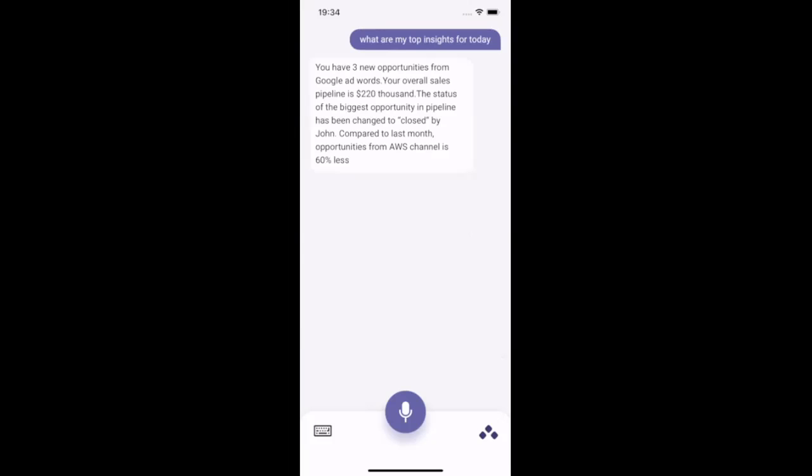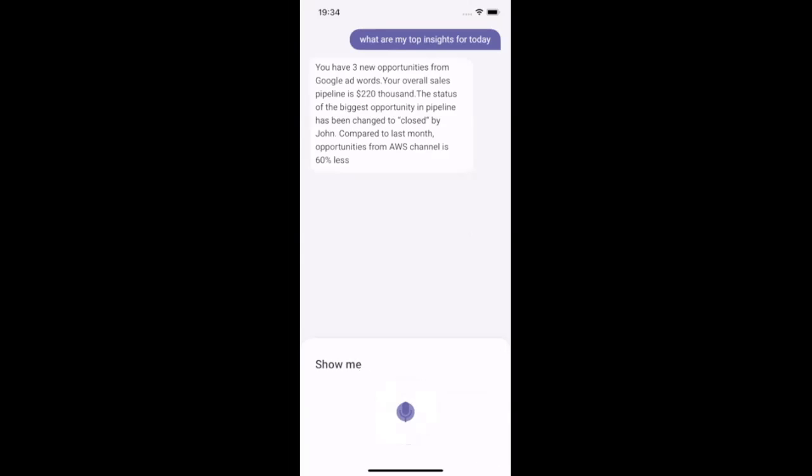Sweet. So technically what just happened here is AVA proactively learns Bob's interest and also understands his frequently asked questions. And with that combination, AVA returns the top insights for each day. It's also interesting that AVA is context aware. Here is a scenario when Bob asks something like, hey Ava,